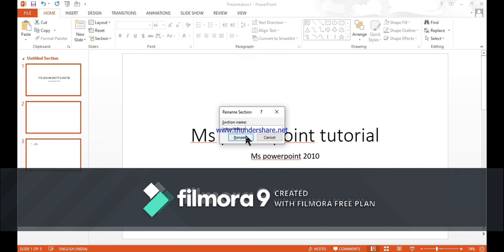Click on rename. If you observe, all the slides in that place that have been grouped, that is what you call the introduction. That's a section created. Now I want to create, after the 4th slide, some other section, let's say the body presentation. So I can keep my cursor at the 4th slide and go to this section, and I can click